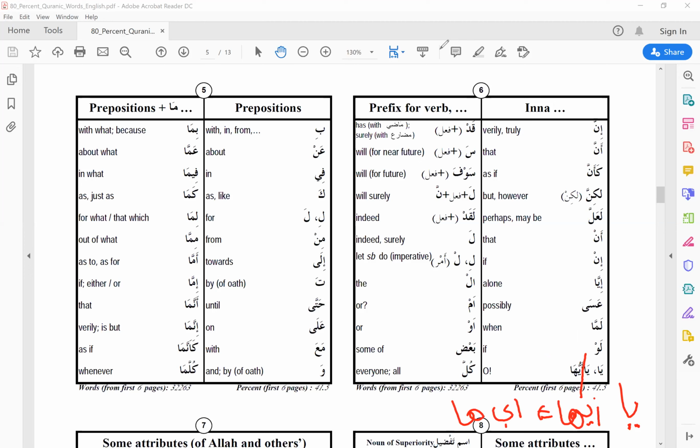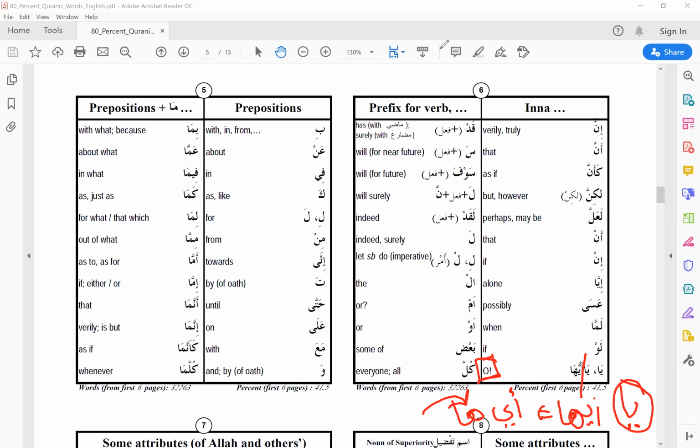So ay would mean which, and ha is more of a pronoun. Here it just says oh, but it would mean you're calling on somebody and you have a specific pronoun, a specific person